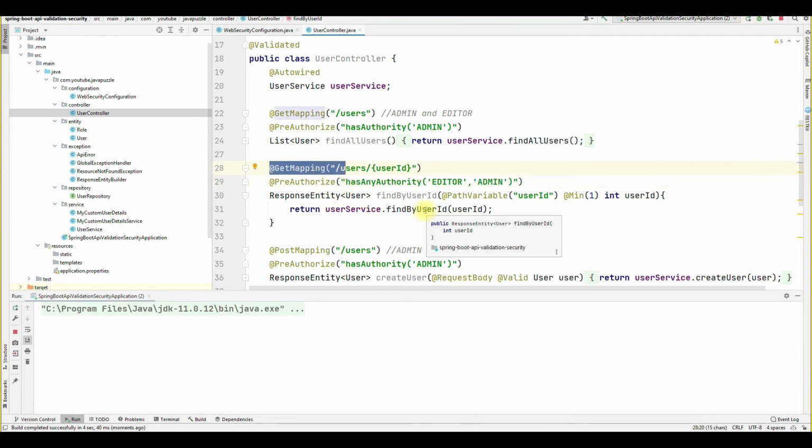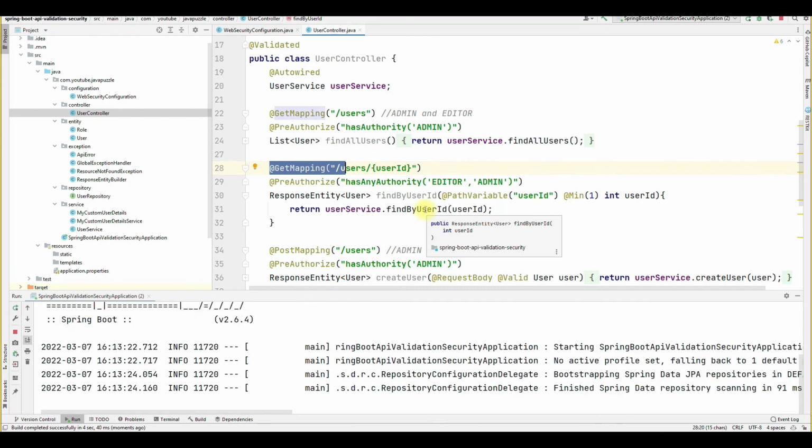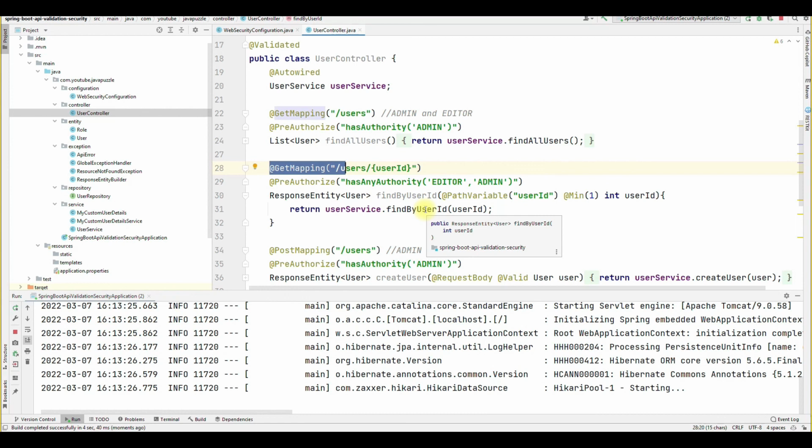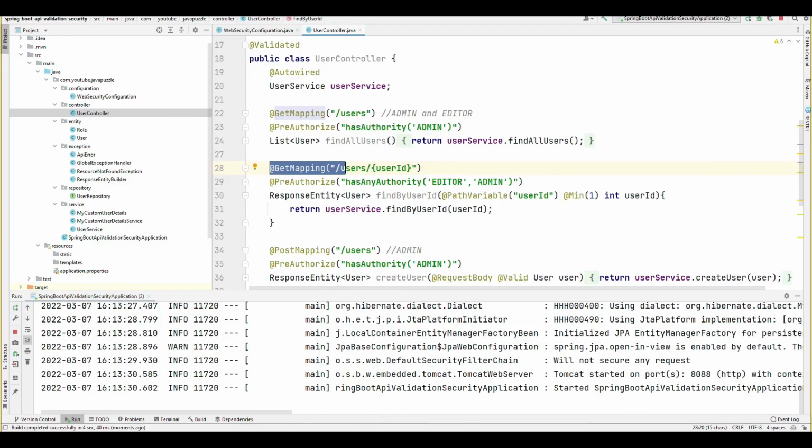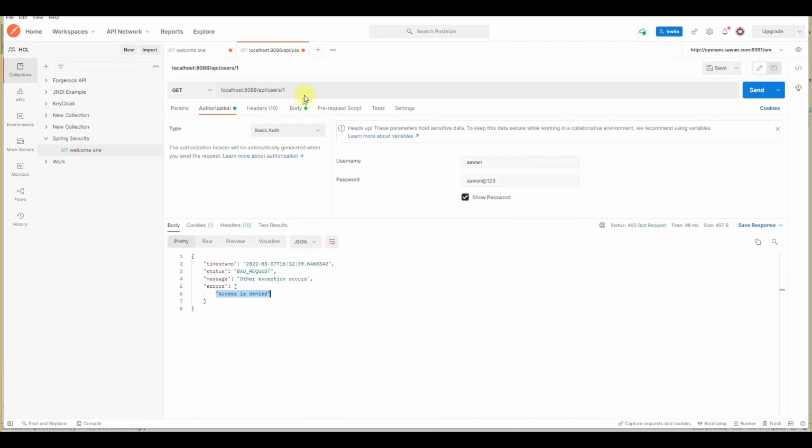So let me check. Okay, now this API can be accessed by the admin. Last time it showed that access is denied. Now we are able to access with the admin also, and let me try with the editor. So send it. Now like that we are able to access with the admin and editor both.